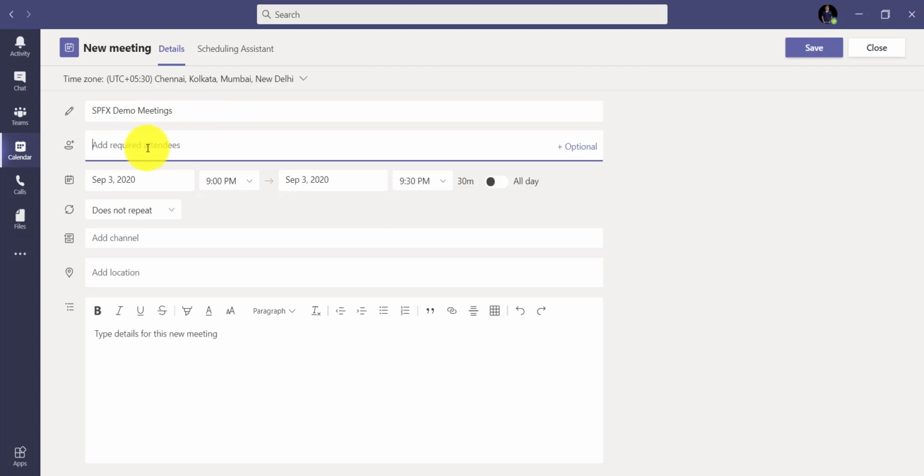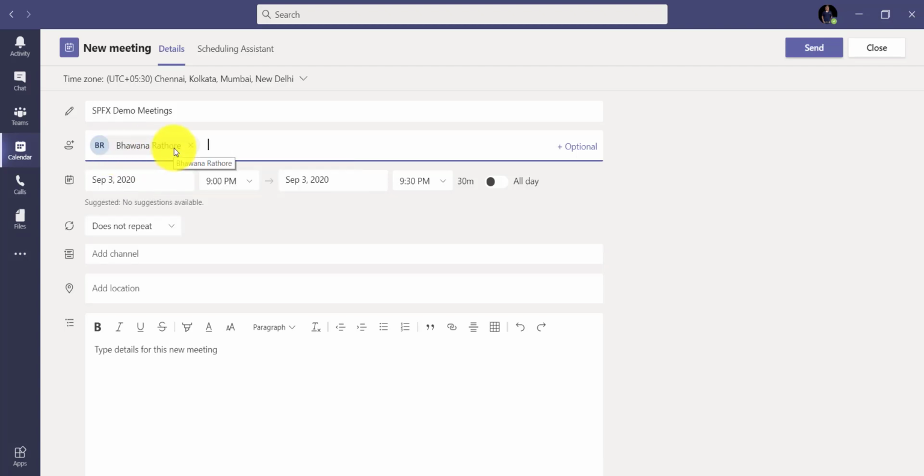Now here is where we want to invite our external users. Let's say I will simply select an Office 365 user. You can see it didn't ask me anything, but if I select an anonymous user, in this case, if you'll see here, I'm putting my Gmail address, you can see. And once you put this, it is saying invite. So you click on that, then it will take the user. You can see here it took the user.